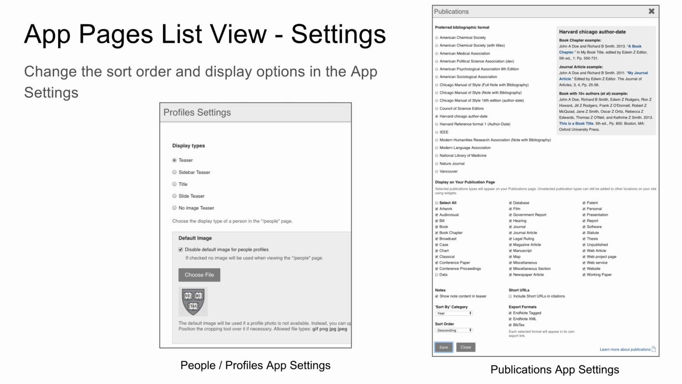So each app, in addition to the global settings, also has app-specific settings, which you can find in the control panel under settings. If you open up the people or profiles one, you'll see a couple of different options. There aren't nearly as many as for the